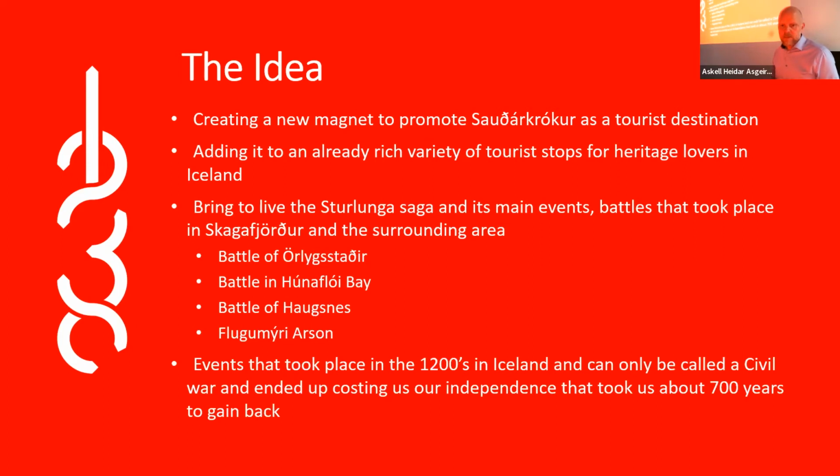These events took place in the 1200s here in Iceland, in events that can only be called a civil war, which ended up with us losing our independence, becoming part of the Norwegian kingdom, and it took us about 700 years to become independent again. It's a complicated story. It's not the easiest to understand, but we try our best in our little museum